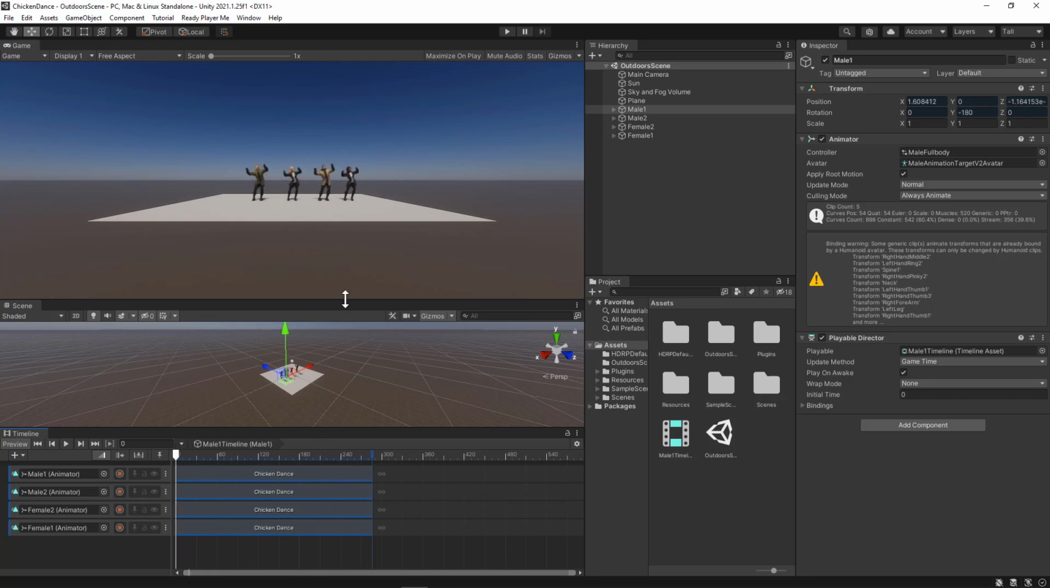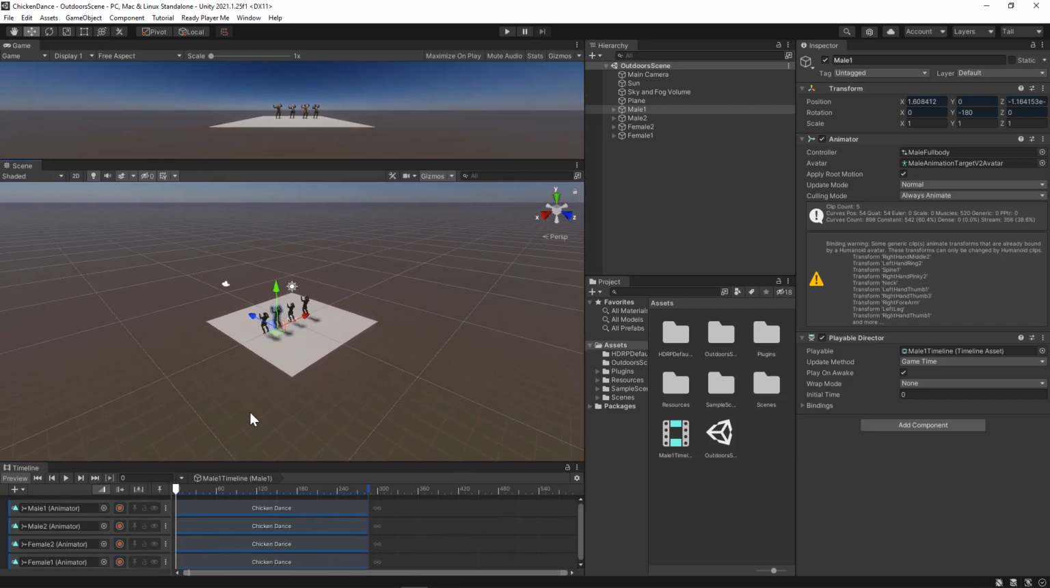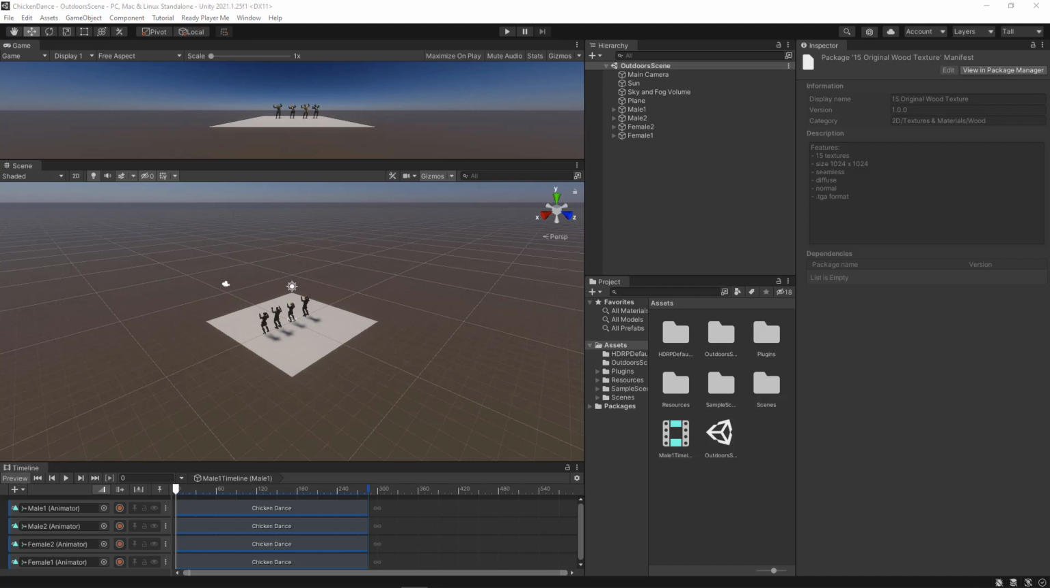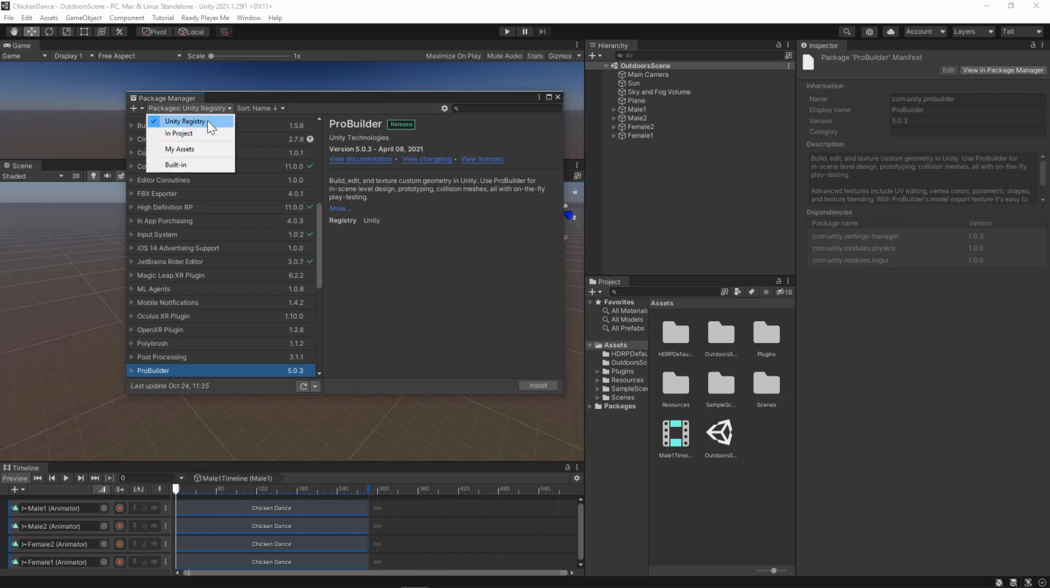Okay, so the first thing that I need to do is put some more objects into this environment for the characters to interact with. Let's go ahead and add through the package manager. I want to add in the ProBuilder. So we'll go to Unity Registry, and then there's ProBuilder. So let's install that. This will make creating the background for the characters to dance in front of really quick